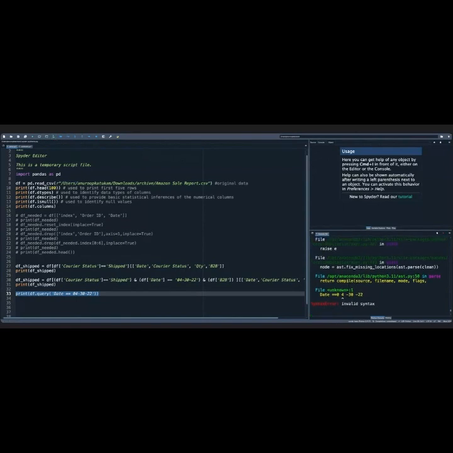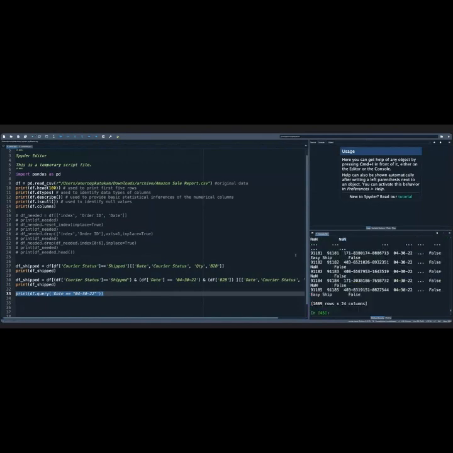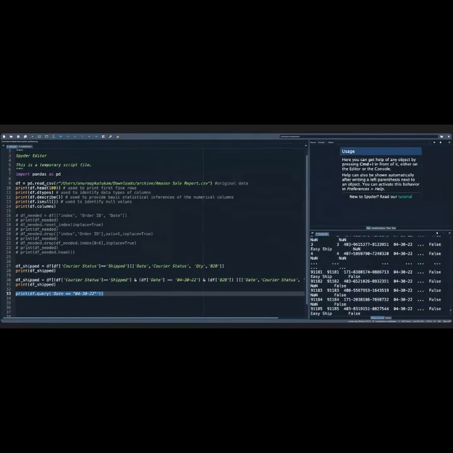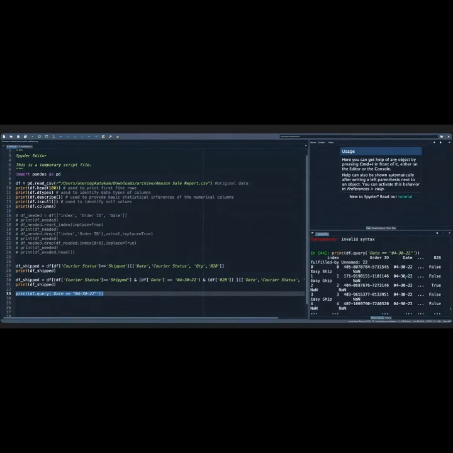Oh, it is assuming that as a string. This should not be the case as well. Let me take this and then run. You can see that it only took the data of this particular date, and we can also apply the other filters which we have applied earlier